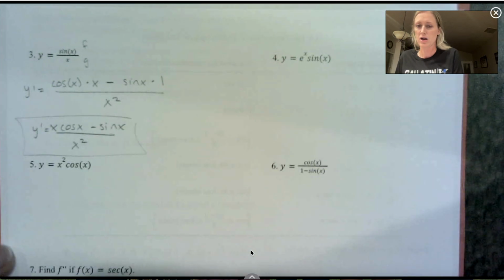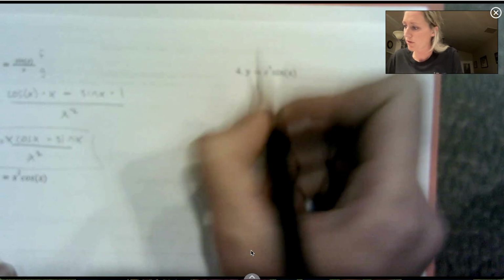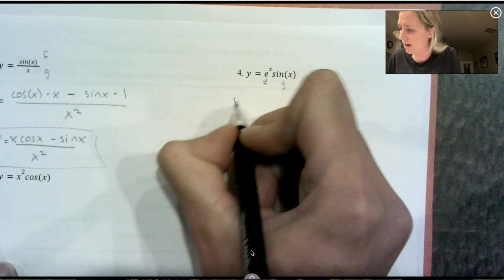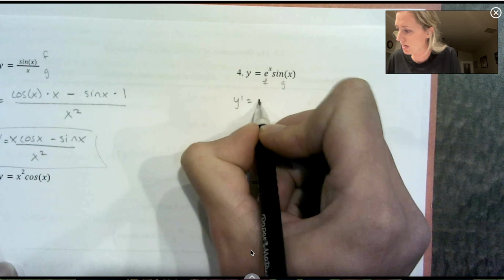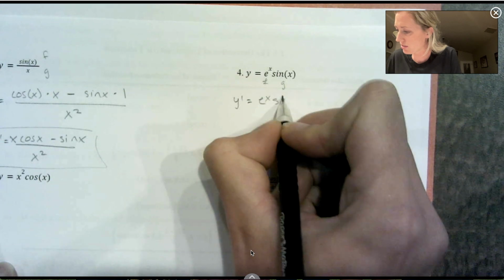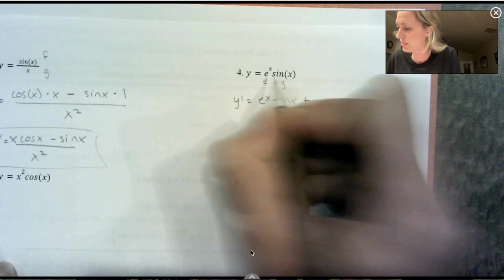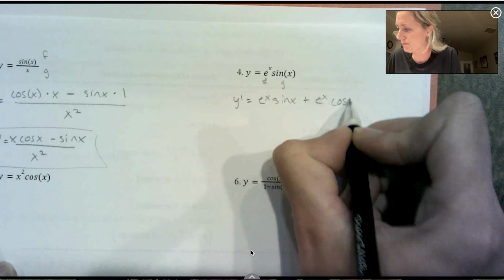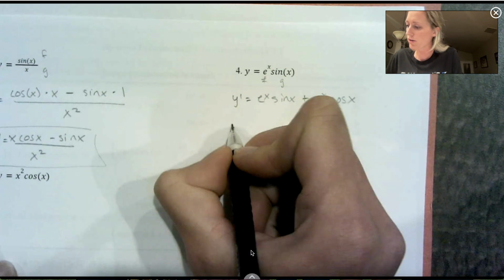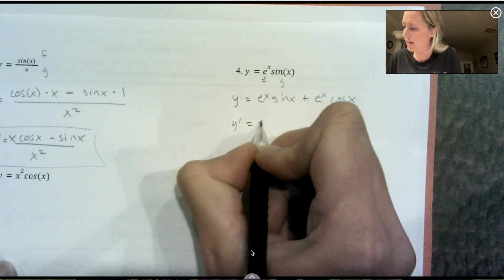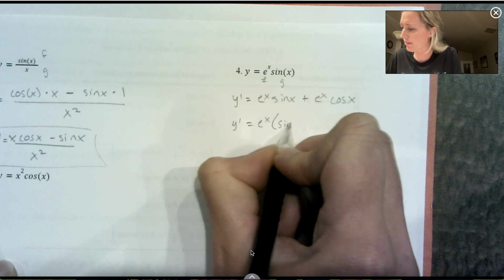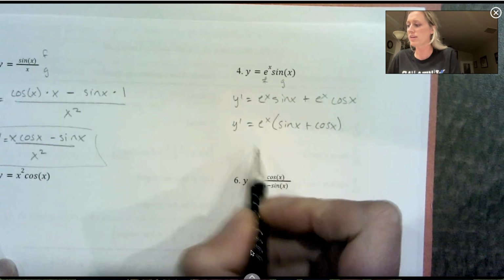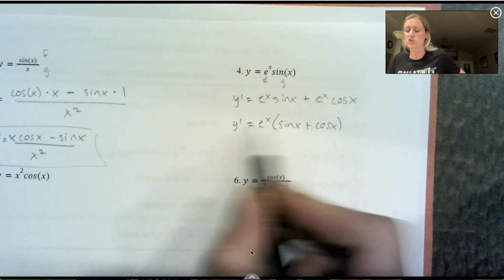Okay, example 4. Same thing, I'm going to use the product rule. Here's my f and my g. So y prime is going to be e to the x times sine x plus e to the x still, and then derivative of sine is cosine. Again, if we want, I could factor out the e to the x and also write it like this. Either would be acceptable. If I were finding like the second and third derivative, this just makes that next step